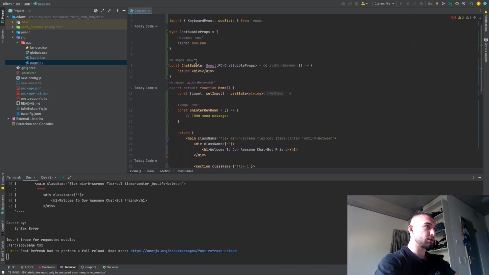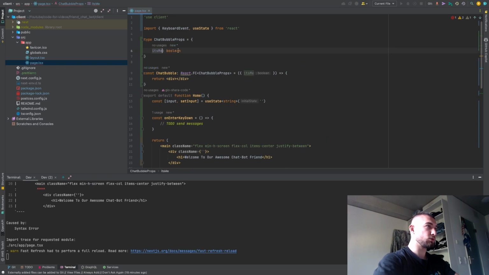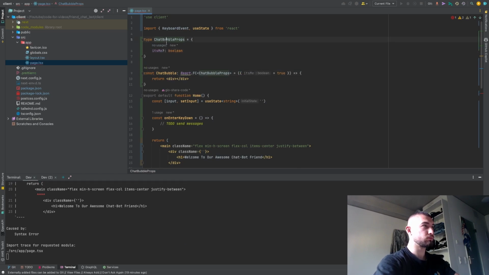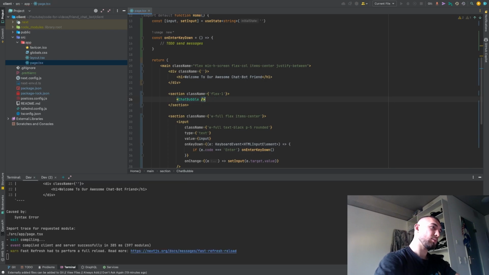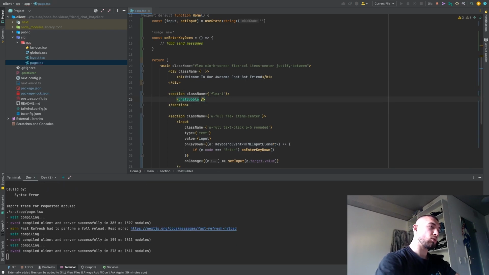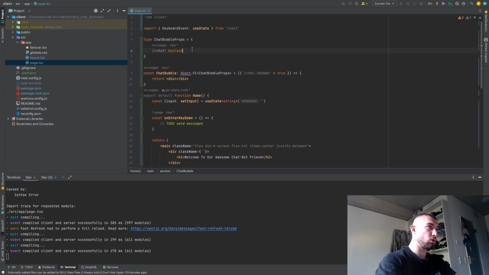Let's say this is optional. By default, it should be true, so we don't need to pass this each time. All right, now we can go and